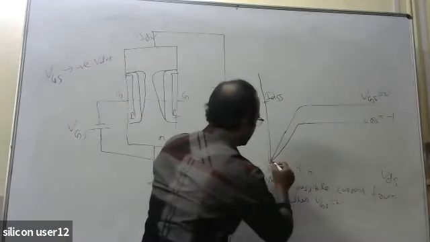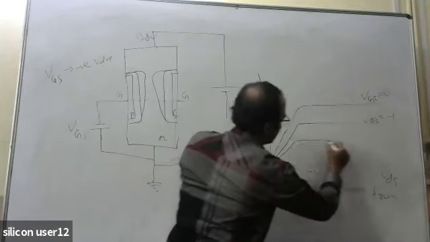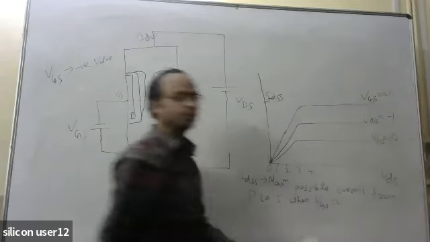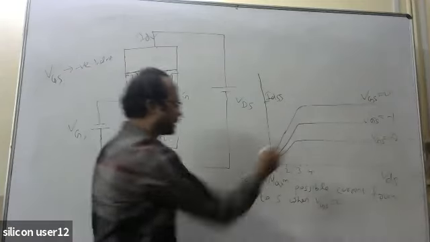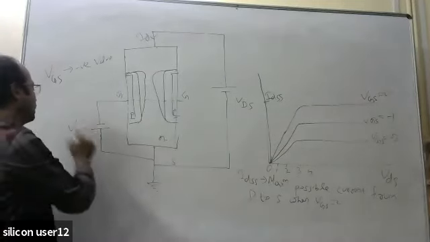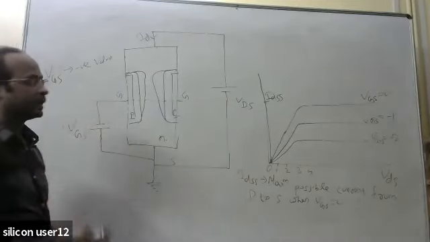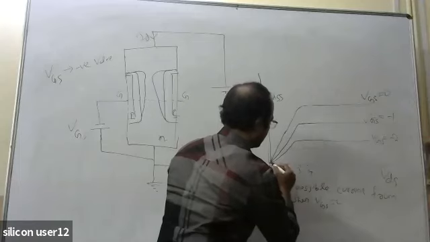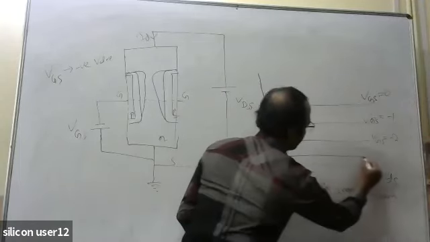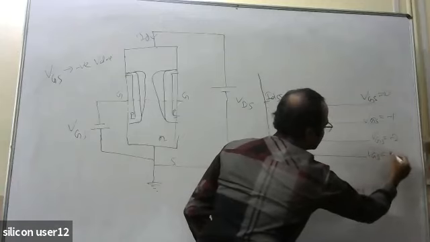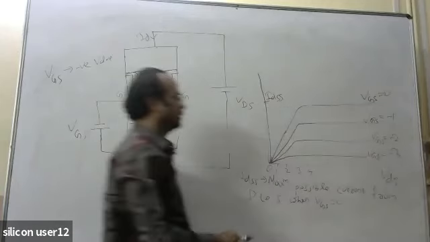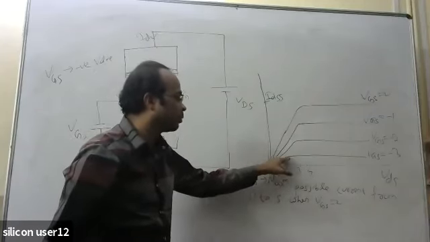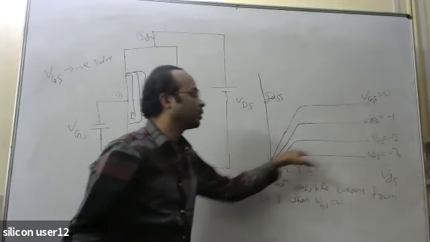Okay, suppose here it will go like this, VGS equal to -2. Okay, similarly if I take, let us say, VGS equal to -3, then again that curve will be on the lower side. VGS equal to -3. Okay, so initially it will be increasing, but with a very small value it will be constant.